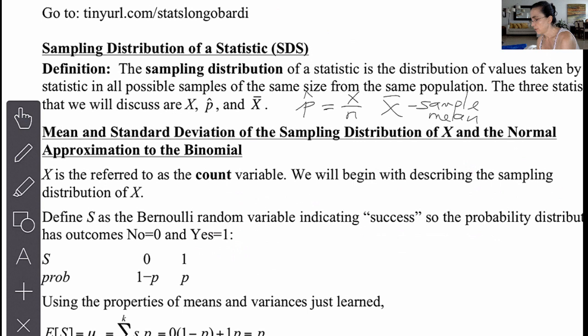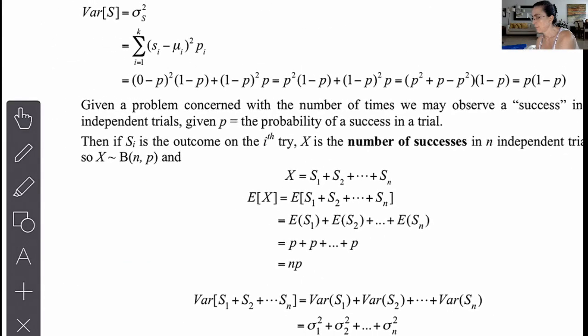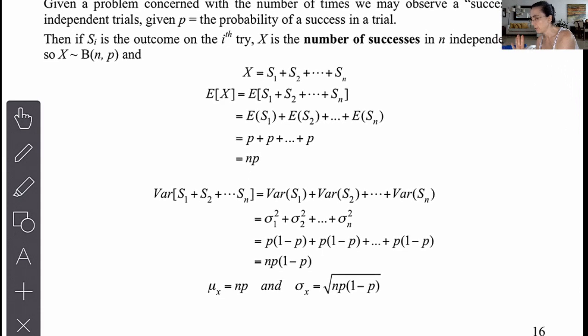The derivation of this, you'll see, is based on the rules for means and variances, in fact. And so this is where I'm heading, just to show you where I'm heading. I want to show you that the mean of x, where x is binomial,